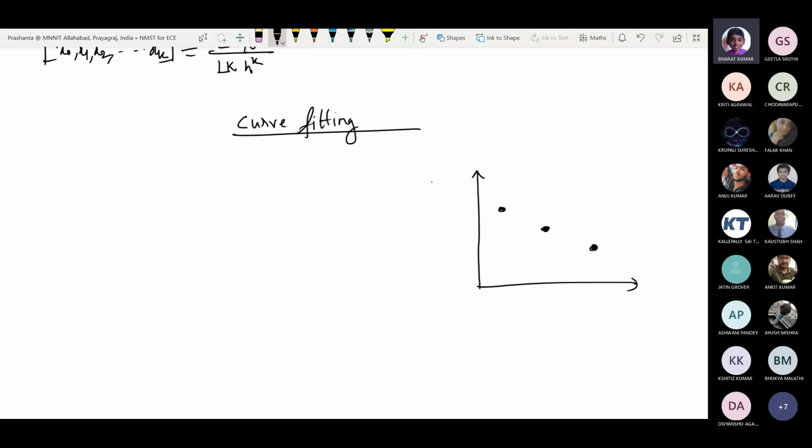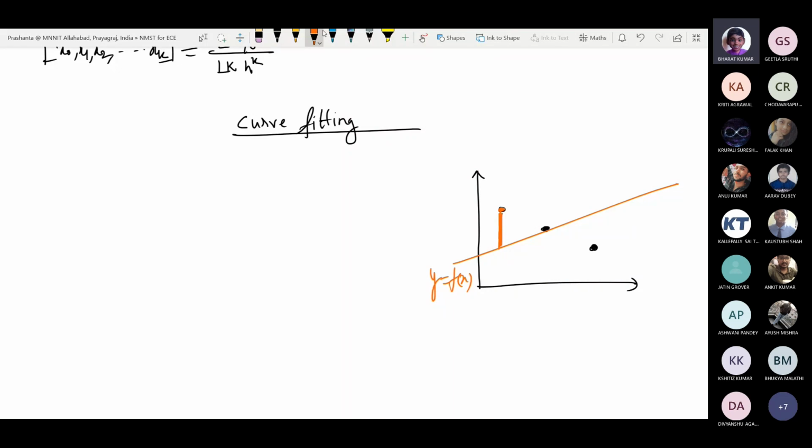Now I may say, no, not that. This is the line which is representing the data in a more suitable way. So you have to define what is the suitable way. If I say I am simply adding the error, what is the criterion? Error has to be minimum. So if I simply add the error, how much error do you have for the data? For this curve, y equals f of x, the error will be this much amount.